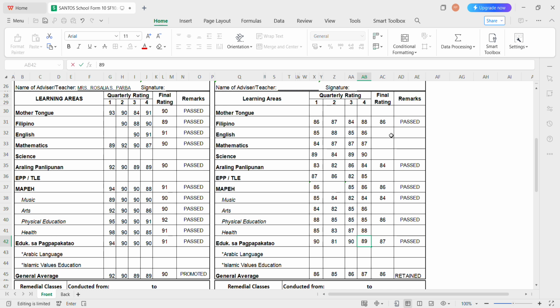Now we notice that these cells here are blanks. All we need to do is highlight the cell up, then look for the plus sign, then drag down. So it's now filled up with the same formula. Then as for here, we can also do that by dragging the plus sign to the right.